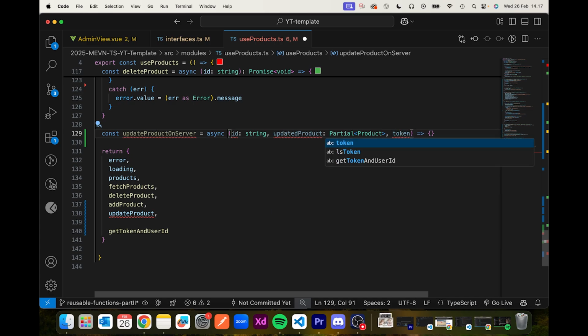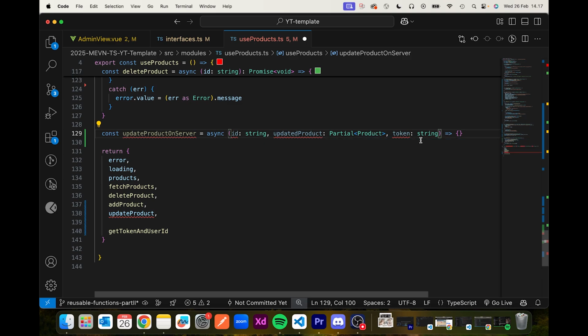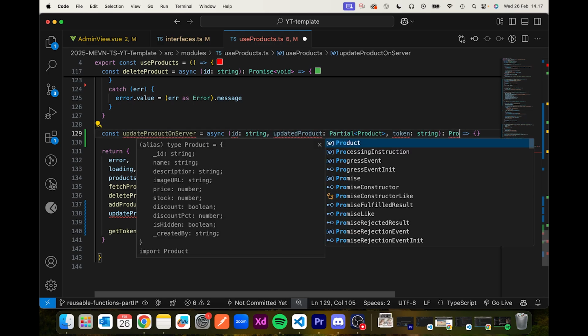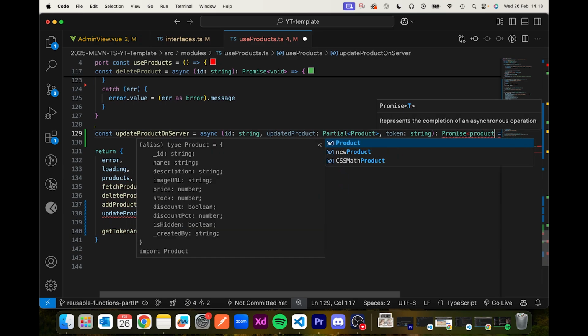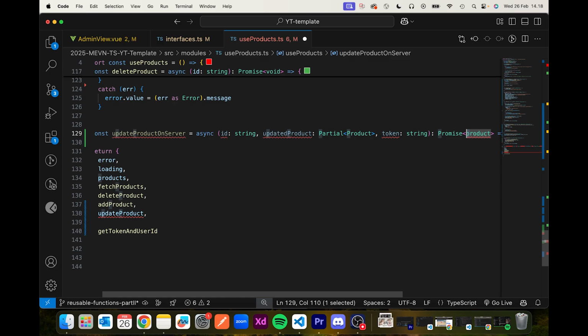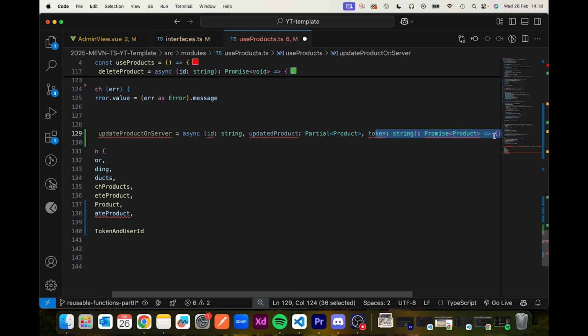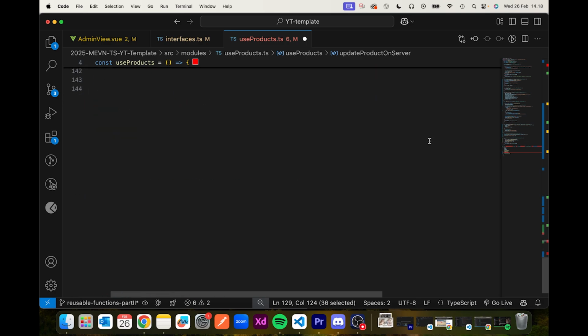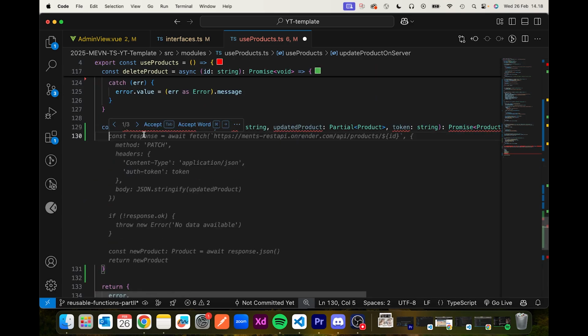And finally, we'll pass through the token. It's a string, and this is declaring what we're passing through the parameters, and then of course declaring what type. We're also going to declare the function is actually a promise, and it is passing through the product with a capital P, not like a small one. There we go. So we have our structure correctly. And oh no, where did I go? Sorry. And now inside this update,